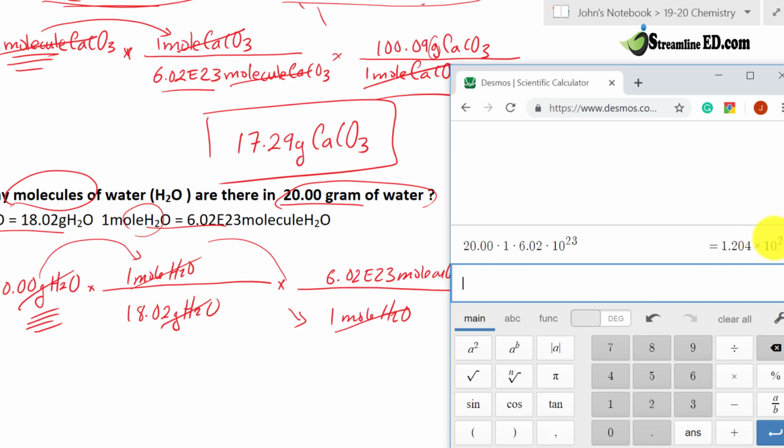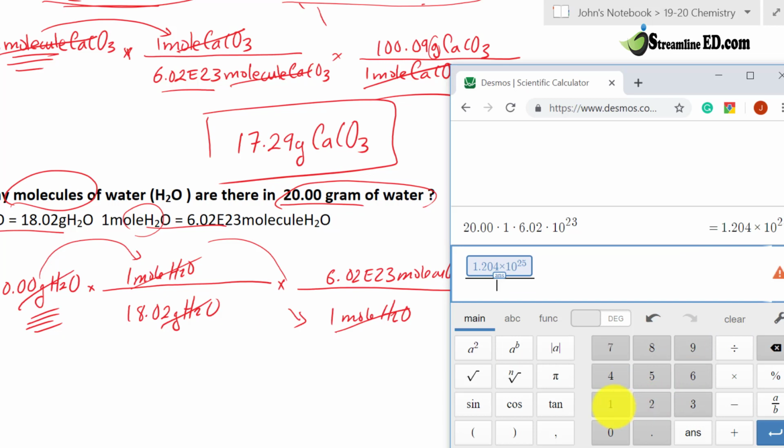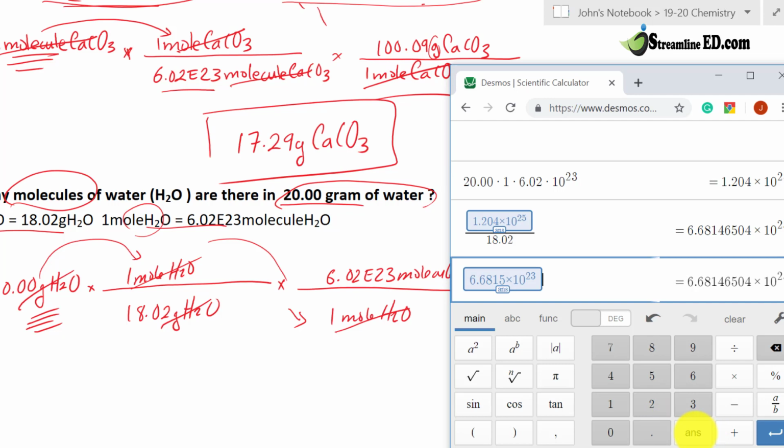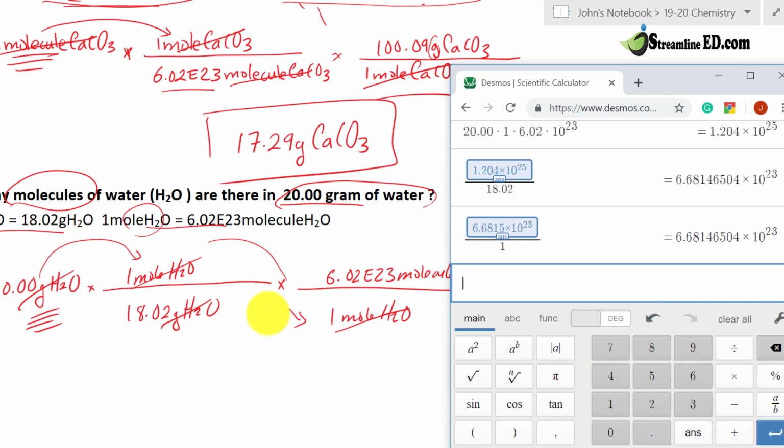So now we need to take this answer and divide by everything on the bottom. See this A and S right there? A and S represent answer. So answer, we are going to divide by 18.02, okay? And then press enter. Now we have to divide again by 1. Well, in this case, we know we can ignore 1. What if it's something else? So you click answer, and then you click division again, divide by 1. And you would continue to do that until you divide by all the numbers on the bottom. And our answer is